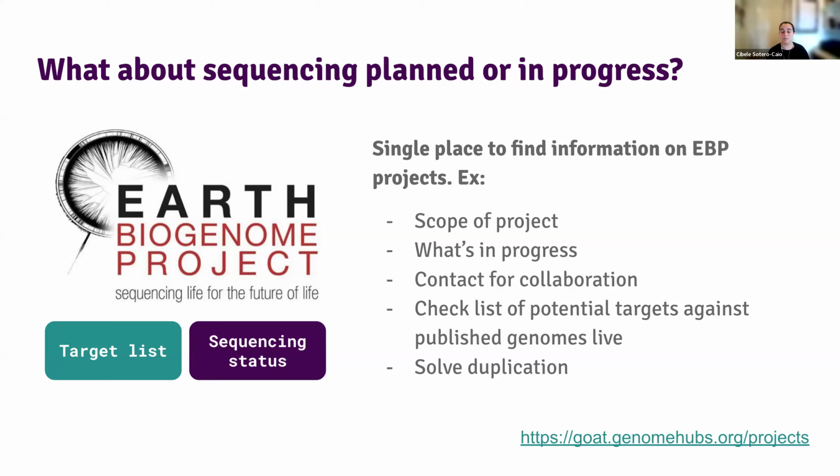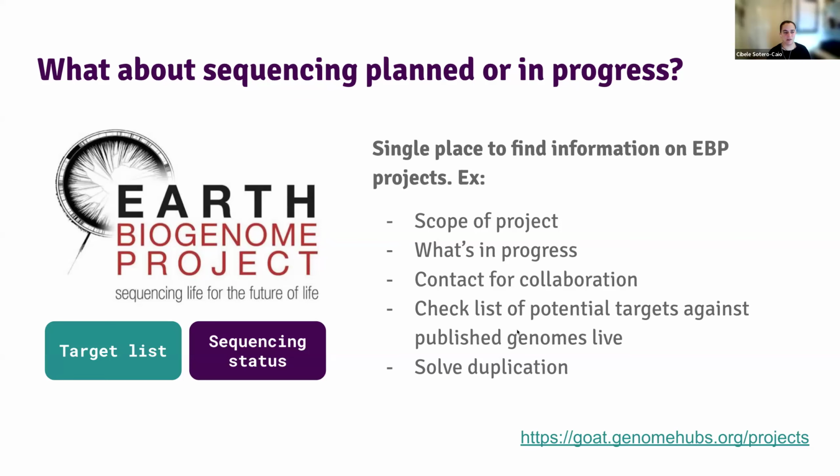As project managers, you can actually get your original list, and then refine it by cross-referencing it with what comes out, right? Because at the same time, there are a lot of individual labs that are sequencing stuff and publishing. Instead of having to go and try to find it on different sources, you can use GOAT just to see the status of that species. If it's open or INSDC open, it means it has been done. You might cancel the sequencing and redirect the resources to something else.